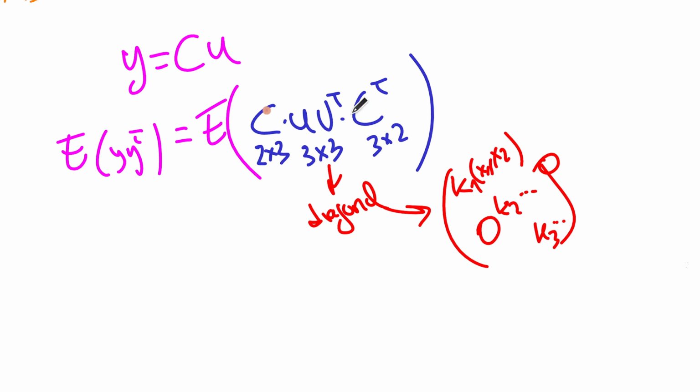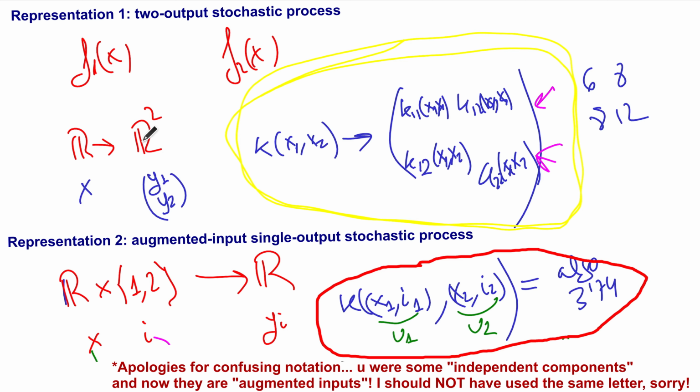definite matrix given by C and the covariance of my components, which will be a diagonal covariance kernel, times C transposed. But we also discussed in previous videos that instead of considering a 2-output stochastic process, with 2 by 2 covariance, we can just consider things to be a 1-output stochastic process with an extra input, which will be an index, so that 1 will refer to variable 1, 2 will refer to variable 2,